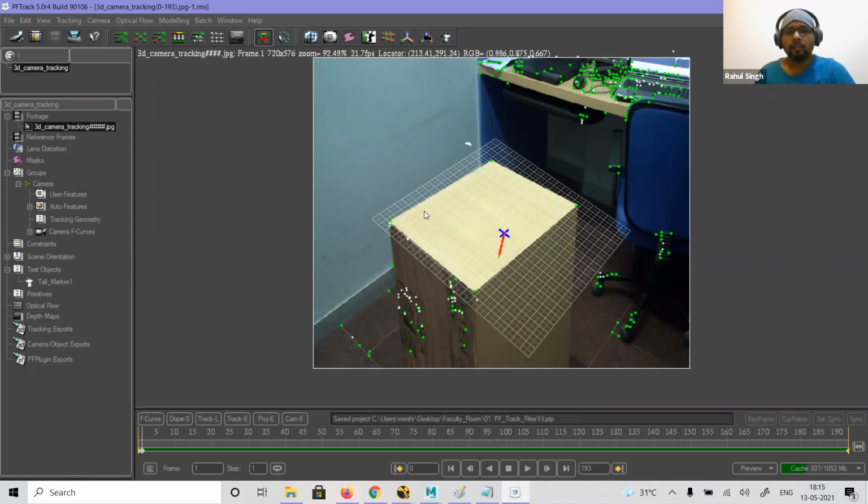Okay, in the next workshop class, we'll do one project from start to finish. I'll bring one footage where I'll track it, then I'll take it to Maya, we'll drop one object, and we'll render the playblocks. I'll show you one full process, how we do it from start to end, again with different footage. And again, I'll show you the object tracking also, how we can track one object and use the information of that and put anything inside it. Clear?